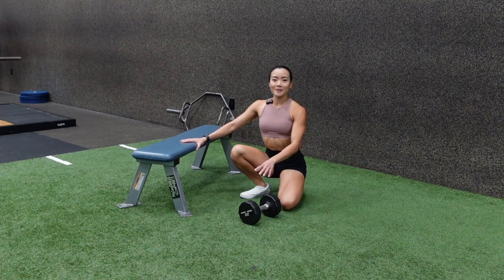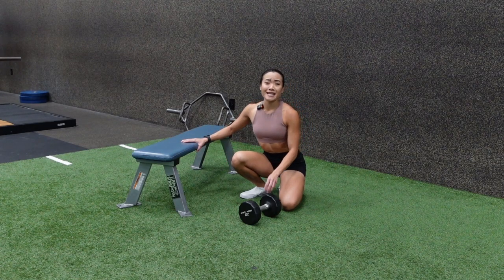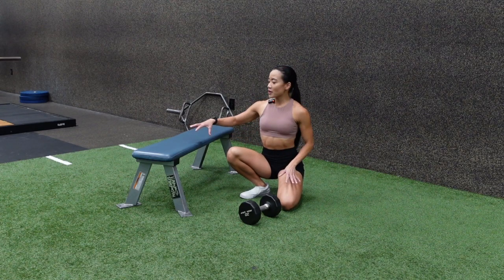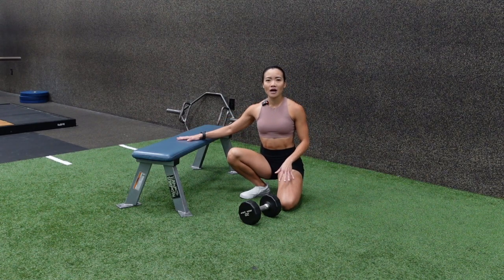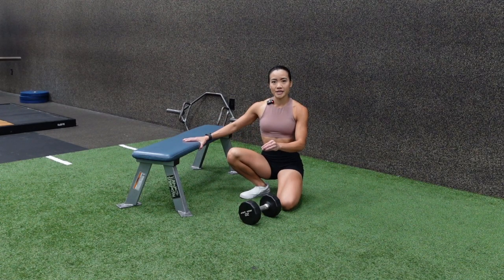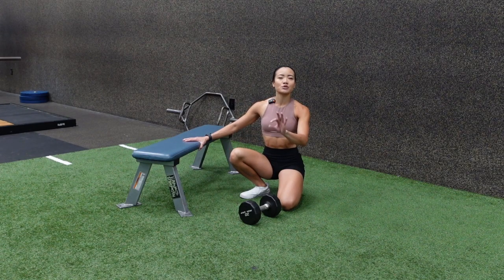The single arm dumbbell row is a phenomenal exercise for your lats. So you're going to grab a bench, a box, or anything that is higher than about 12 inches. And instead of putting your knee on the bench like we normally see, I'm gonna have you do a different